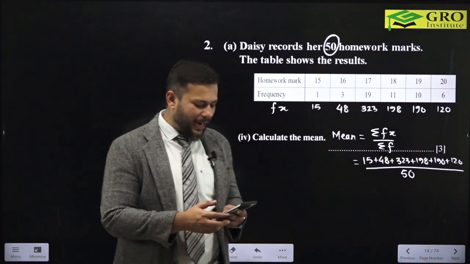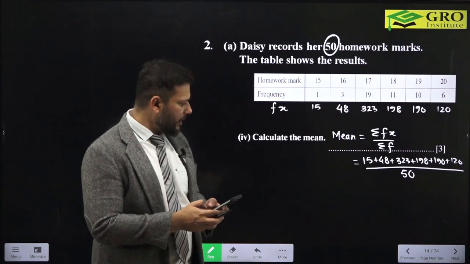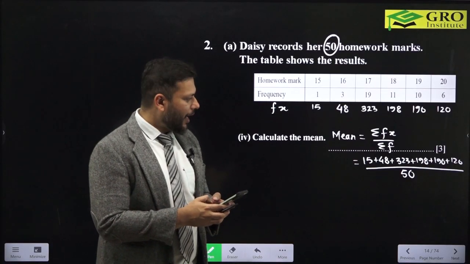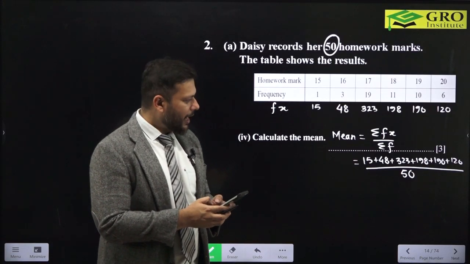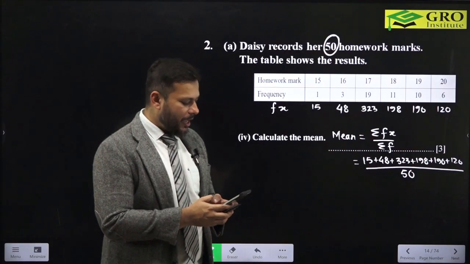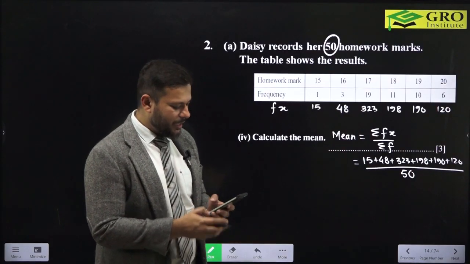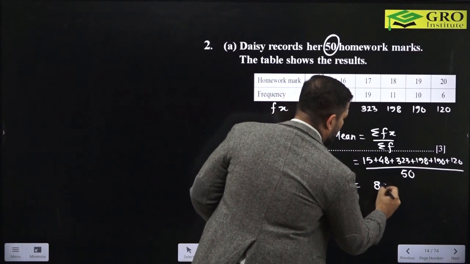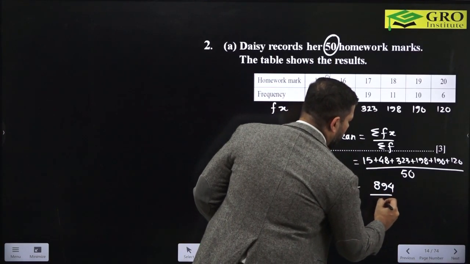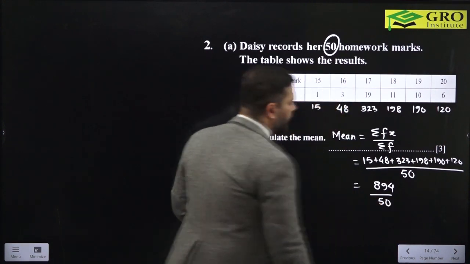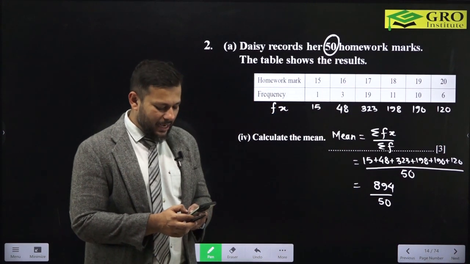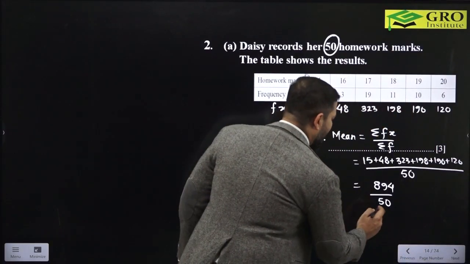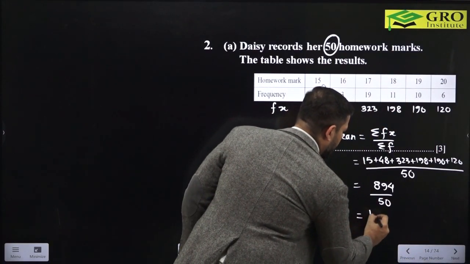Let us quickly add these numbers. 15 added with 48, added with 323, added with 198, added with 190, and added with 120. That is resulting into 894 divided by 50. Let us quickly divide 894 by 50, and yes guys, we are getting it as 17.88,